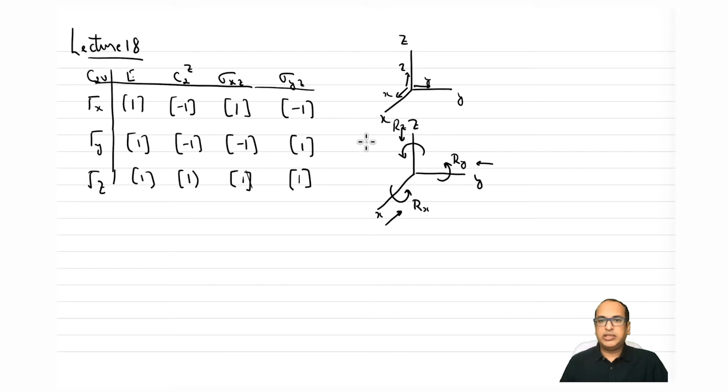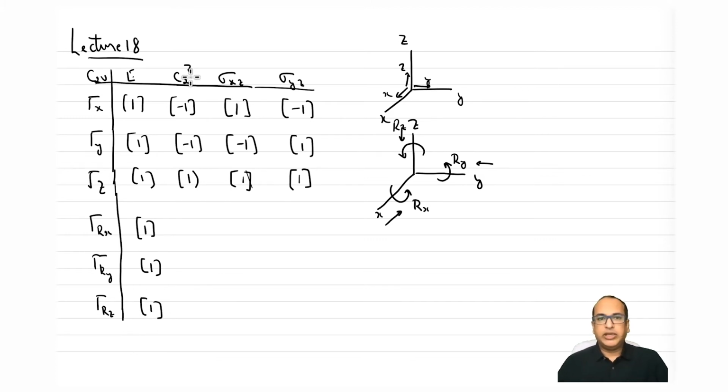Okay, so let us try what happens. So E will be the simple case, so I'm not going to discuss that because E is not going to change anything. So all the characters under E for Rx, Ry, or Rz will be 1, just like for tau x, tau y, tau z, right? So let's extend this table, and tau Rx, tau Ry, tau Rz. And as it is a single basis set, the order of the matrix or the dimension of the matrix will be 1 cross 1. So there'll be just only one element in the matrix. So we can write down for all three cases, it will be 1, right? That is very simple to see.